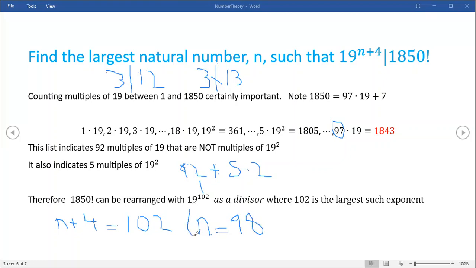Now, it may appear I wave my hands a little too much here, but when I say this, it's certainly true. It's just a hassle to write it down. We can write down this, and I'm just going to assert it because I think it's pretty clear. Multiplication is what they call commutative. You can reverse the order of multiplication, so everything can be rearranged right here. Y'all, I'm sorry, I feel like just crying here because it's stupid Wi-Fi. Just a backbreaker. All right, so 1850 factorial is actually equal to